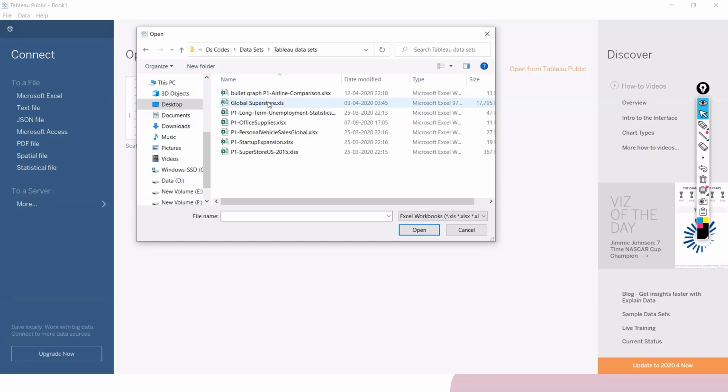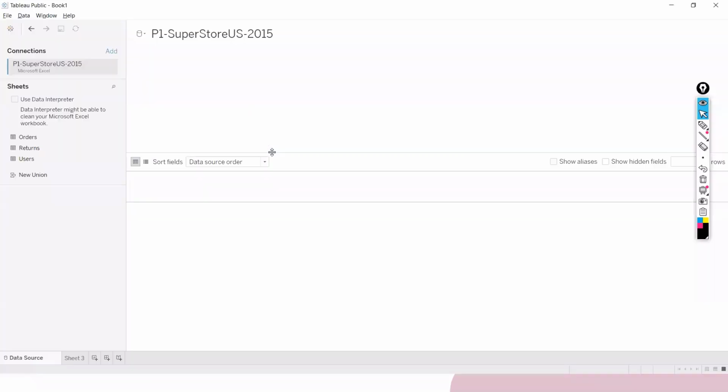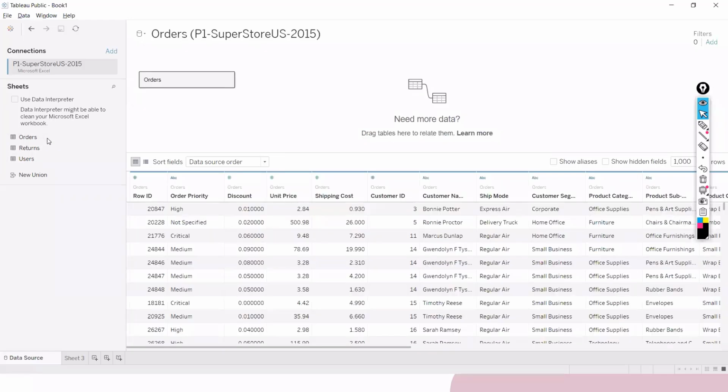Now I hope you have understood why we are using a geographic map, because there is a latitude or longitude, or basically any region involved. Suppose Uber wants to check where their customers are available, from where to where they go, and how the traffic is in different places. If they want to show that in a graph, they would require geographic maps. Now, coming back to the topic, let's just add this Orders sheet into the canvas, and then we can start working on it. We go to the sheet,